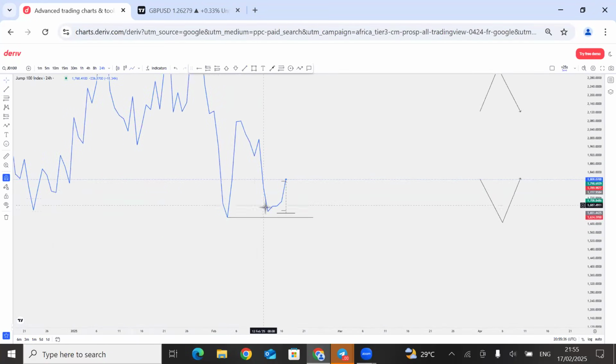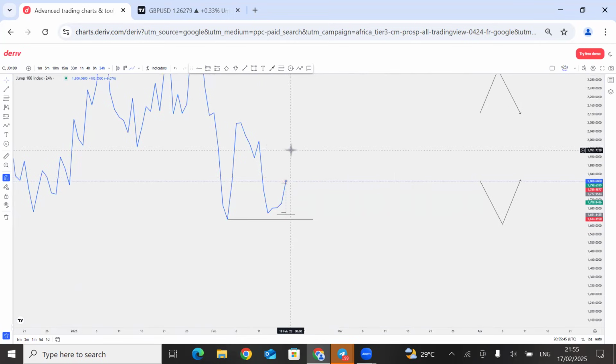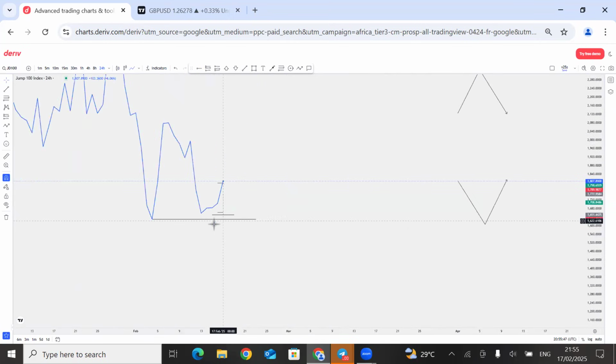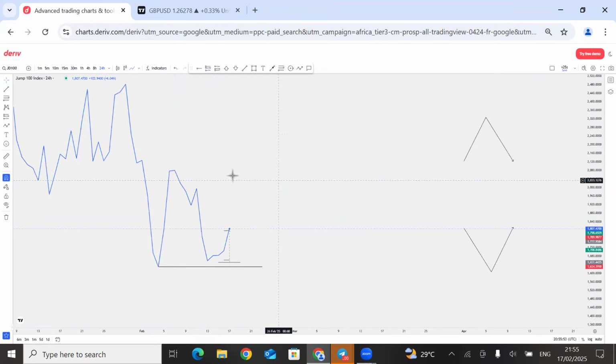You're expecting price to come and tap into this V-shaped key level and reject. So key levels are turning points in the market where price is always going to react. Here is a V-shaped key level. We expect price to come, tap into this key level and buy off. Once it buys off, what is going to happen again? Price is going to come again to this key level and do the same thing.